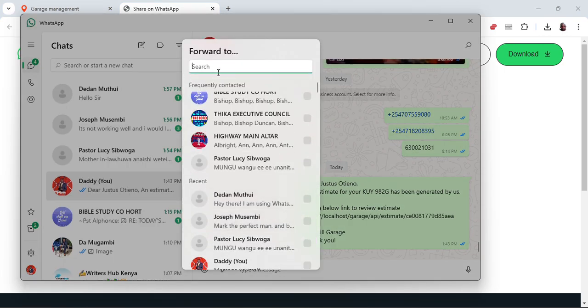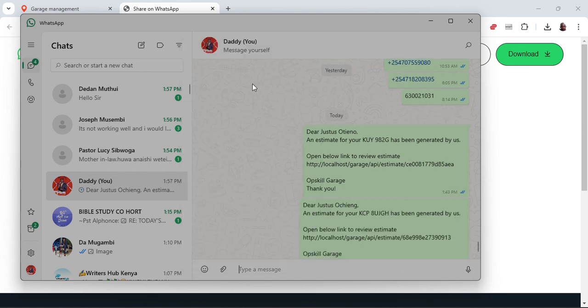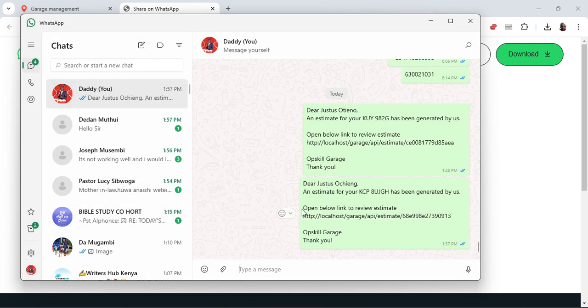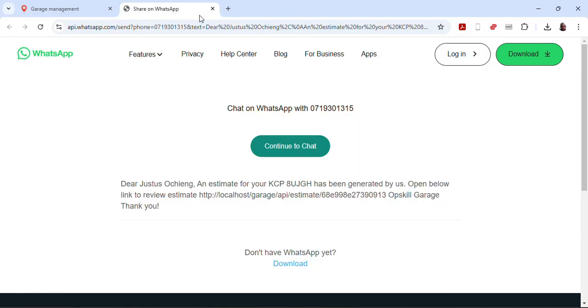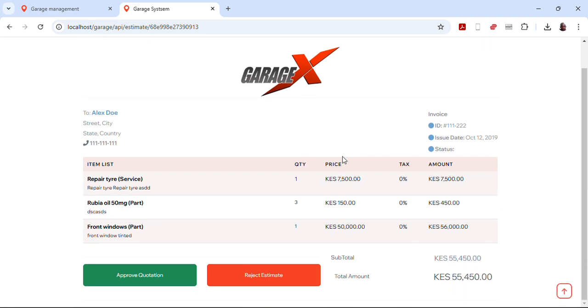Let me WhatsApp someone here. So here's the link. It's a beautiful link here. It says, give the client name, an estimate for the vehicle number, then the link is here to approve. So once they click this particular link, let's have it here, then they will see the entire estimate with